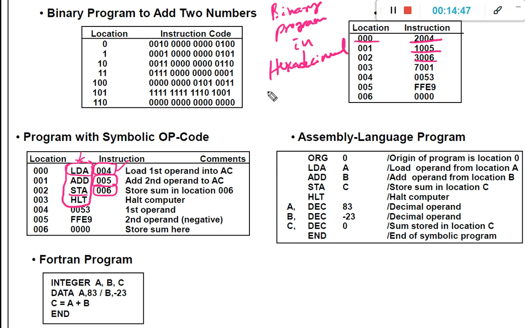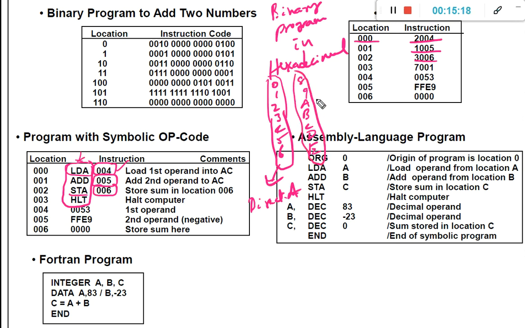So what are those commands? 0, 1, 2, 3, 4, 5, 6, 8, 9, A, B, C, D, E. So these starting hexadecimal codes represent the direct addresses. If the given address is a direct address, then they will be represented like this.